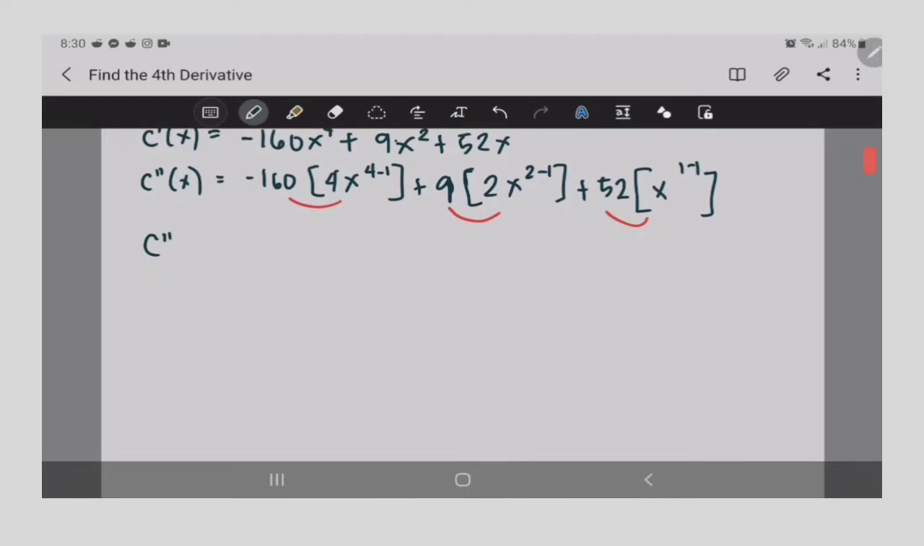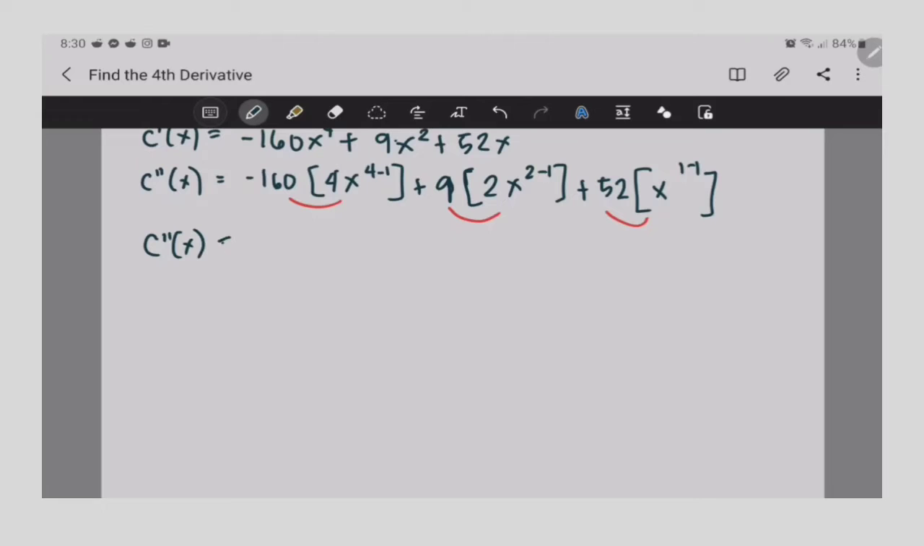the second derivative of c of x is equal to negative 160 times 4 will be equal to negative 640. Copy the x, 4 minus 1 is equal to 3, so we have negative 640 x cubed plus 9 times 2 is equal to 18. Copy the x, 2 minus 1 is 1, so we don't have to copy it, plus 52 times 1 is equal to 52. Copy the x, 52x. So we are now in our third